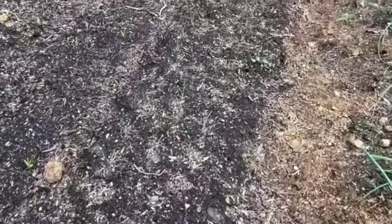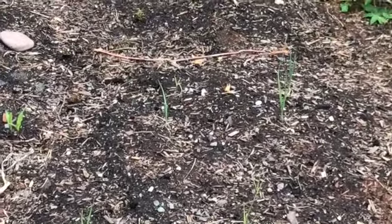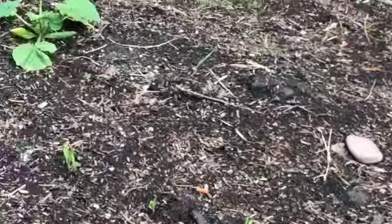I guess my rows, these are leeks. They look like little grass, but they are leeks, and they'll turn into big, thick stalks that are great for soups and stir fries. Another zucchini